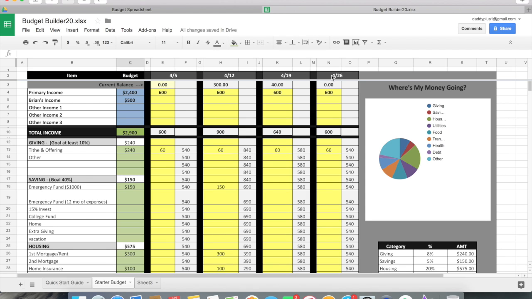If you only pay bills once or twice a month, you can just record your payments in the first column or columns and leave the rest blank. Budget Builder will automatically total that forward. Budget Builder also keeps a running total and balance as you enter your payments to help you determine which pay period to pay from. If you go over budget in any given item,